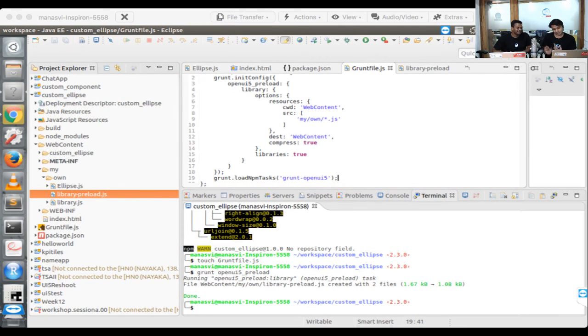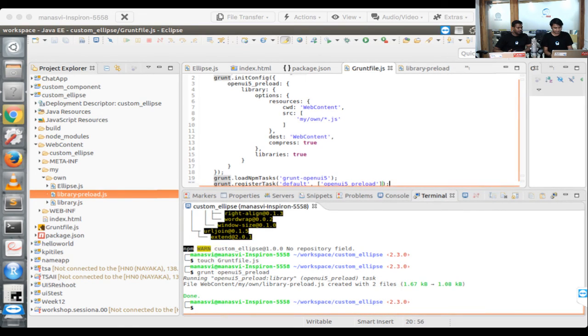But I would also like to show just one more thing here: the register task method. That's how you separate which tasks you want to run in development mode and which in production mode. What you do is write grunt.registerTask, and then you give it a name. If you give it default, then a comma, and then you give an array of all the tasks that you need to perform here. So if it's openui5_preload,